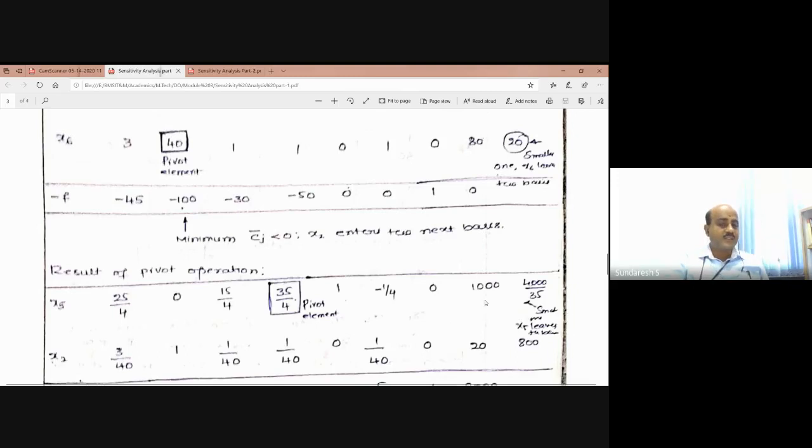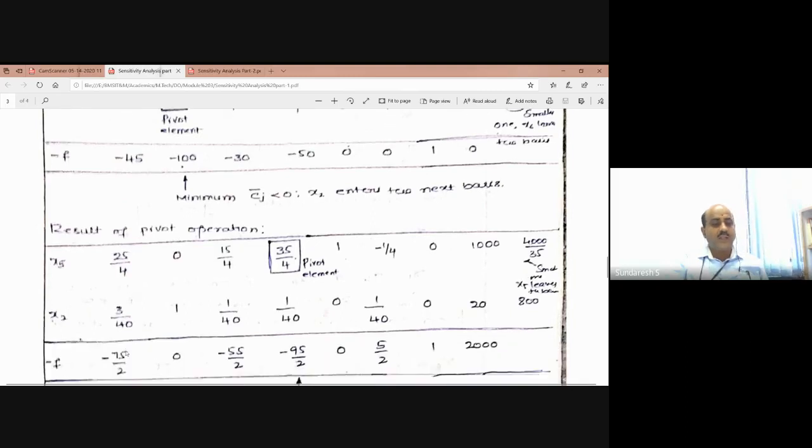For this, I have one PPT, because if I just explain this, you won't understand. I will show one PPT for you. On that PPT, I am going to explain for the first column how we get the value, as well as the cost coefficients. These two: how we got 25 by 4, and how we got minus 75 by 2. I will explain these two. The remaining you can apply and fill directly in the tabular column.